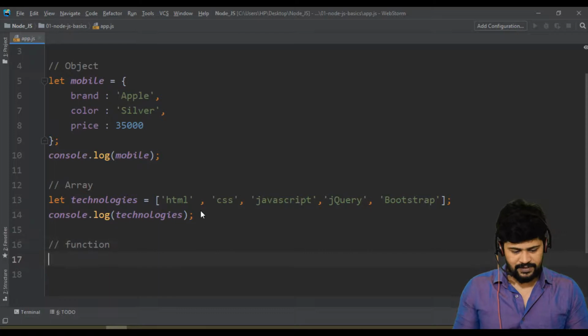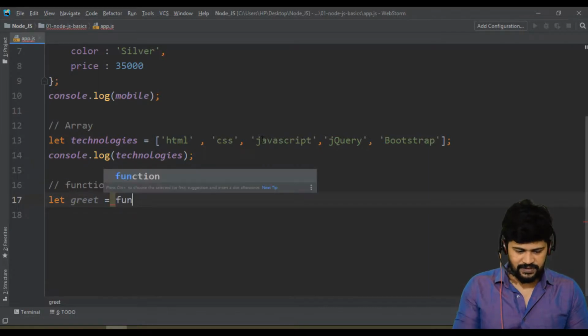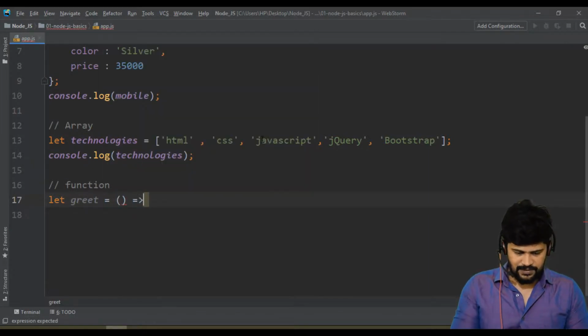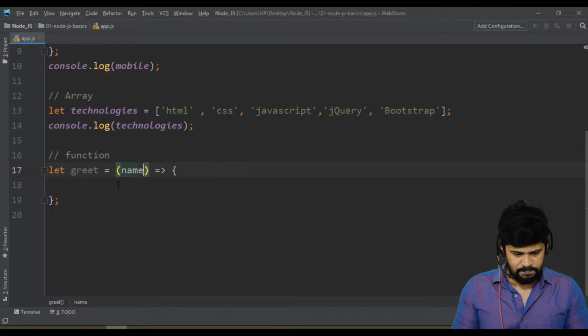So finally, let's take a function and see how to call a function. I say let greet is equal to a function. You can take a normal function or an arrow function. I'm using the ES6 syntax of arrow functions. Here I will take a parameter name.